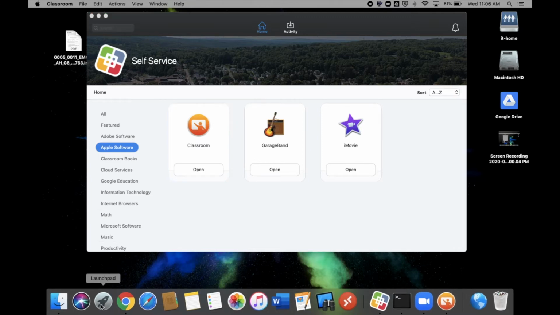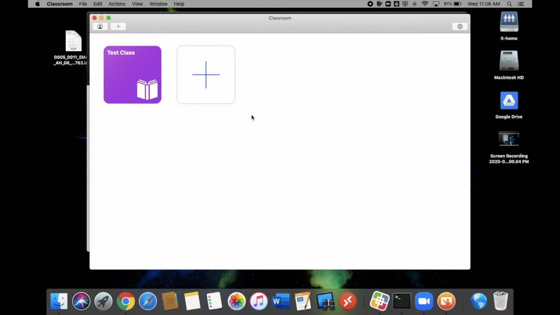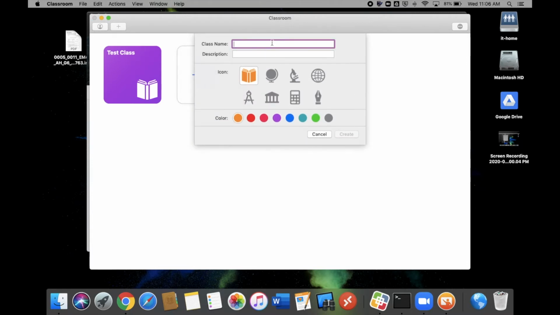Mine says open because it's already installed, but you would install it. And then when you want to find it again, you can go to the Launchpad or however you search for your classes. So I am going to create a class, and you do need to make a different class for every group of children sitting in front of you. So if I say library class and create,